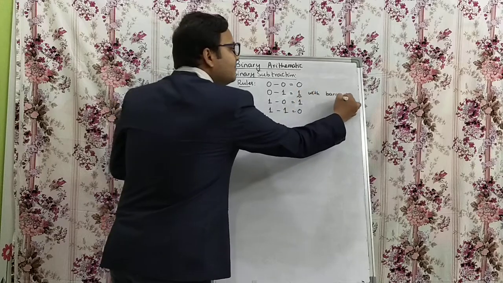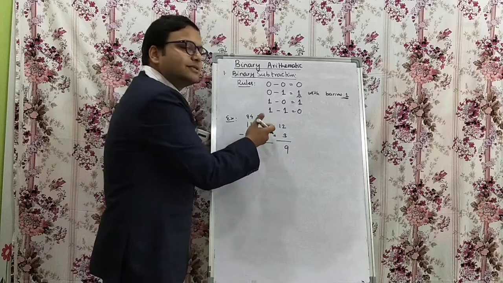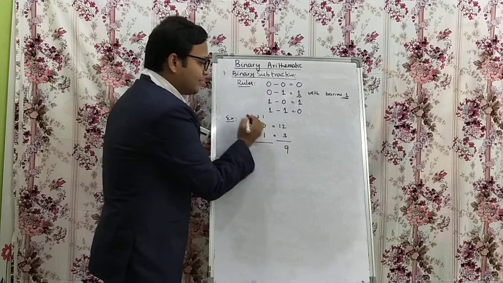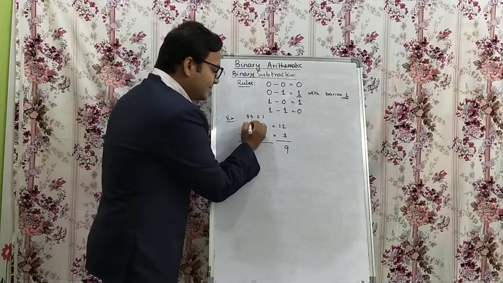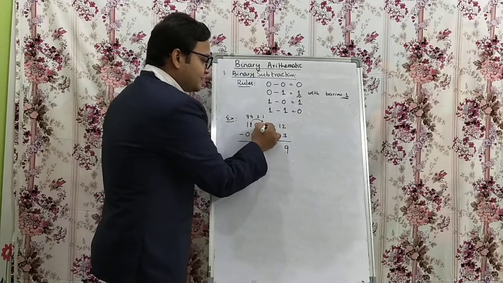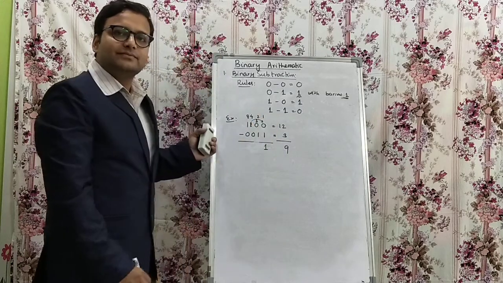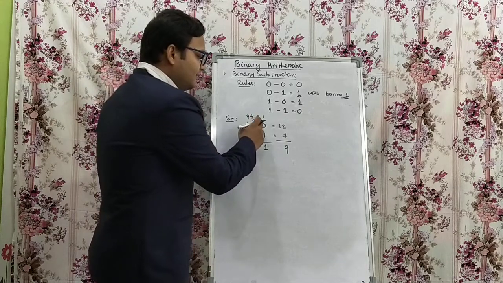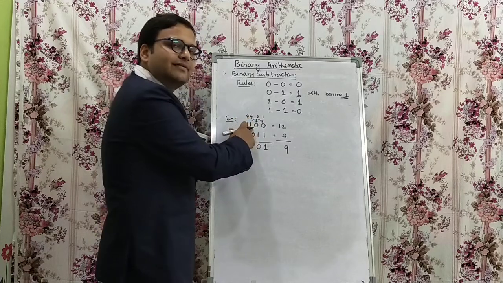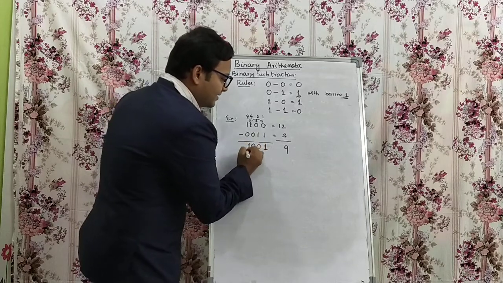is 1 with borrow 1. So you have to borrow because it's having 0. It has to borrow from the neighbor. Now it has to ask the next bit, but that is also 0. So wherever the 1 is available, you will ask for the borrow from there. After that, 0 minus 1 is 1 with borrow 1. Okay. Next, 1 minus 1 is 0. Here it has already given, so now it becomes 0. 0 minus 0 is 0. 1 minus 0 is 1.